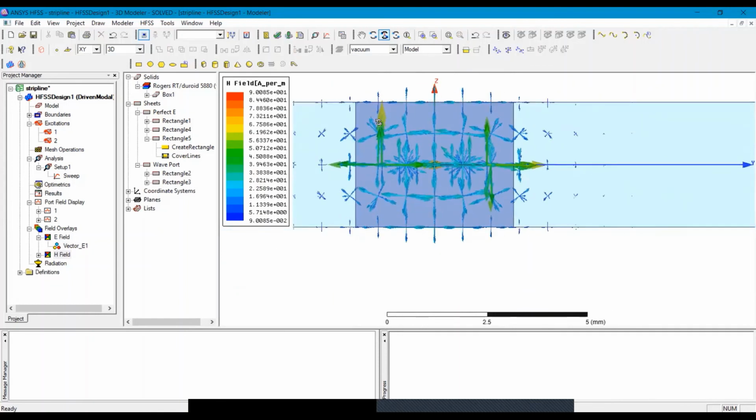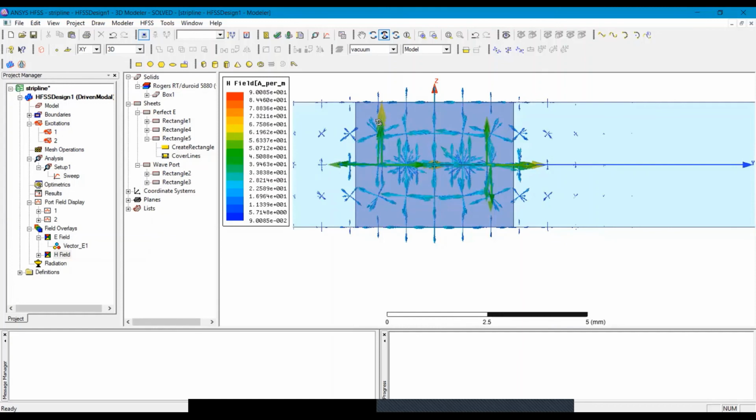So what you have seen in your theoretical explanation of strip line, you can see here that it is exactly the same as what you have studied in your course. So in this way the electric and magnetic fields are generated and propagated through the strip line structure.